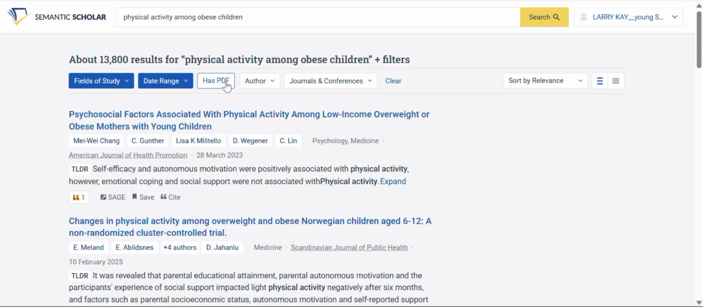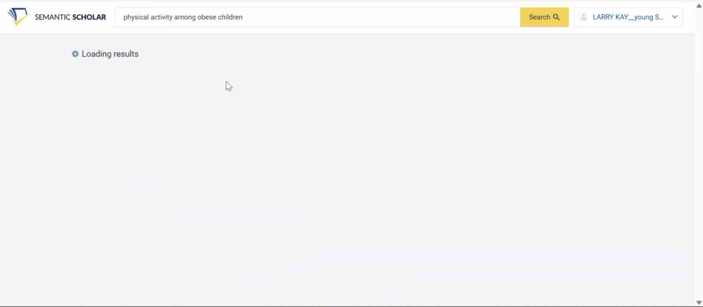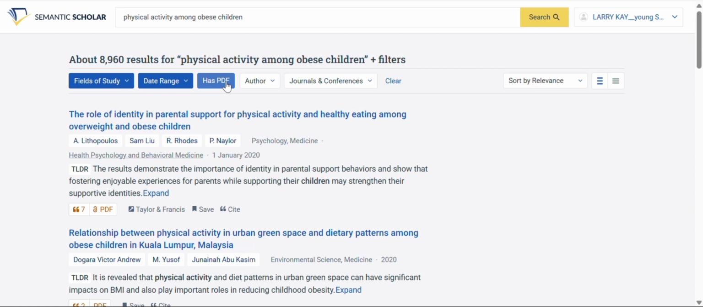And one other important filter is it actually brings up results of studies that have PDFs. That means studies that are open access. So we can click has PDF to make sure that we are not searching and saving articles in vain. Because sometimes you save some articles and you realize that they don't even have PDFs to work with. So out of the initial 40,000 plus, we have 8,960 results, which have PDFs that